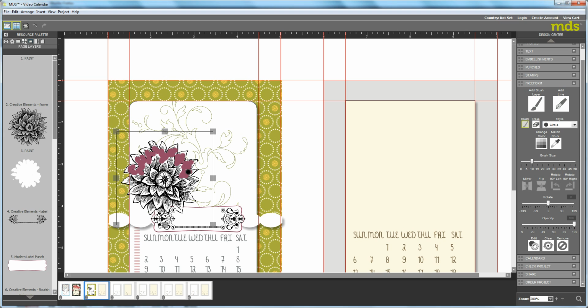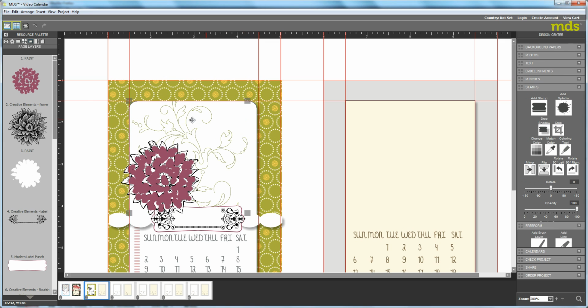Let me pause it so it's not too long here. Okay, so here's what it looks like when I'm finished coloring. This is all the Rich Raspberry. So I'm going to click off, and again,